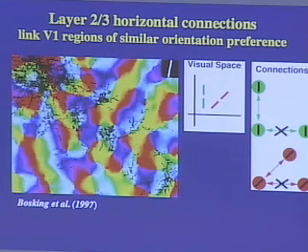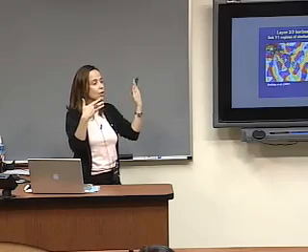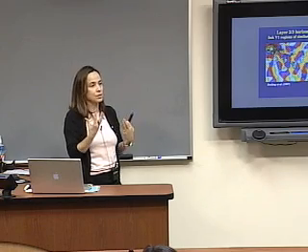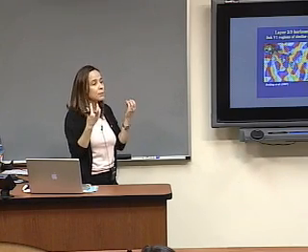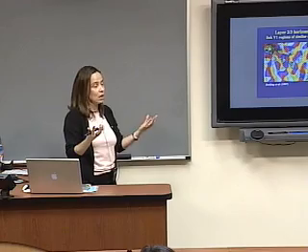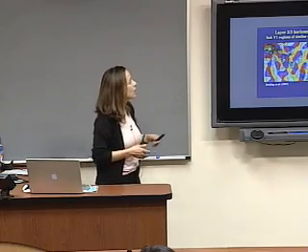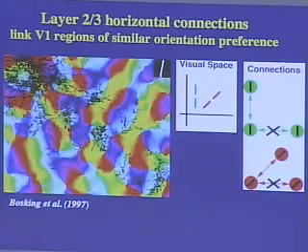Another property of these connections, which is relevant to mediating these center-surround interactions, is their orientation specificity. So I told you that these interactions depend on orientation of the stimulus in the center and the surround. So what you want is a substrate, a circuit that cares about orientation. And these connections do. So is anybody familiar with optical imaging here? This is a technique that allows us, and I'm not going to get into the detail, to record the response of populations of neurons when we present, for example, stimuli of different orientations in this case.